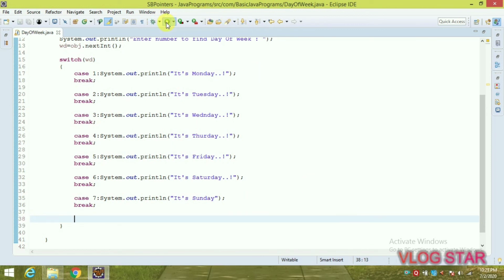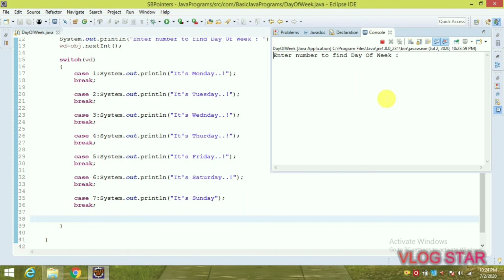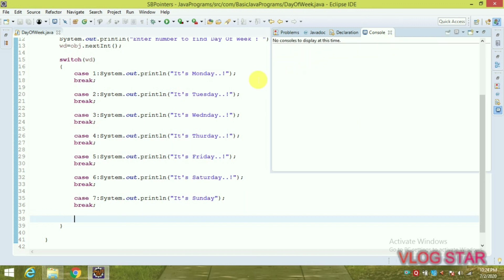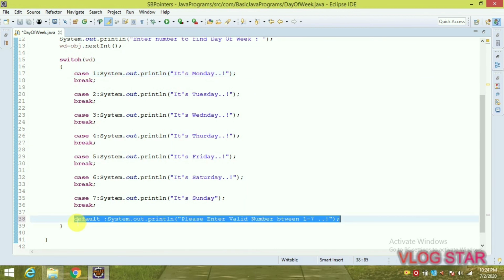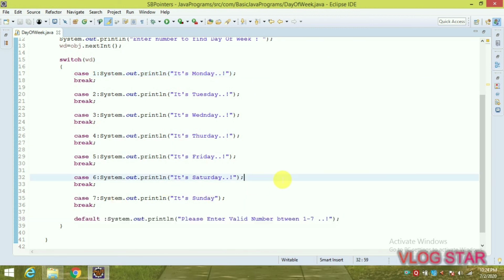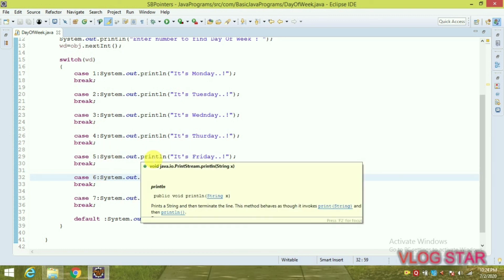Now let us check without the default case for the same number, say 11. Look, it will show us a blank window without errors. So our program can run properly without default, but in this situation we need to take it so that the user doesn't get confused. So that's how switch case works, and that's all about today, guys.